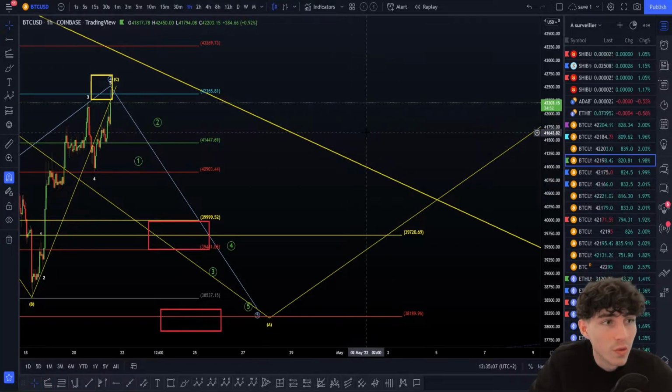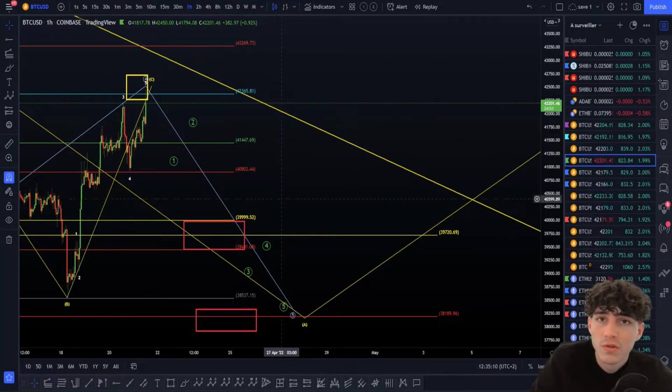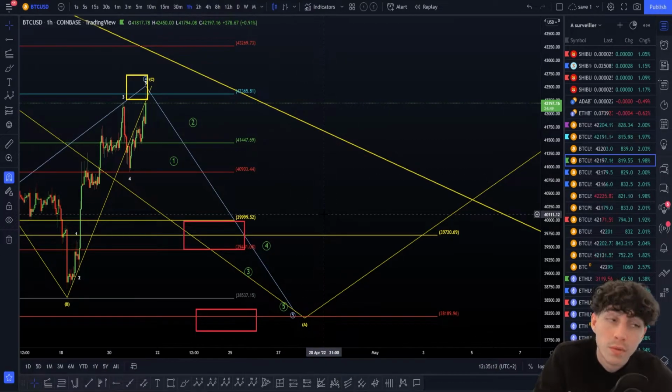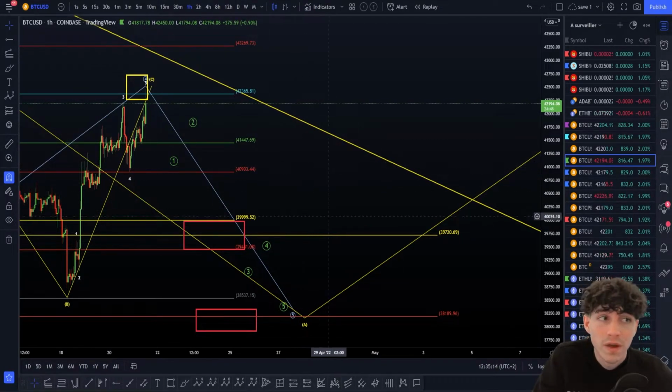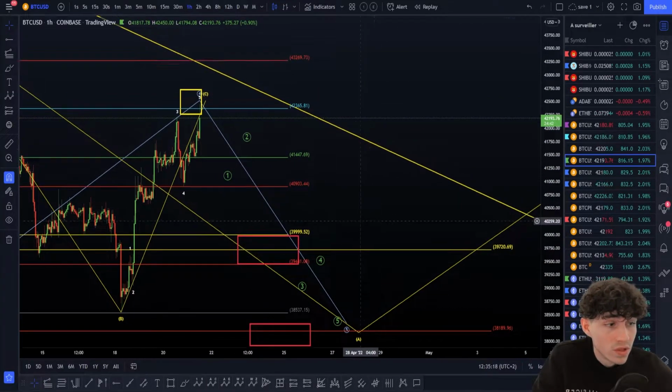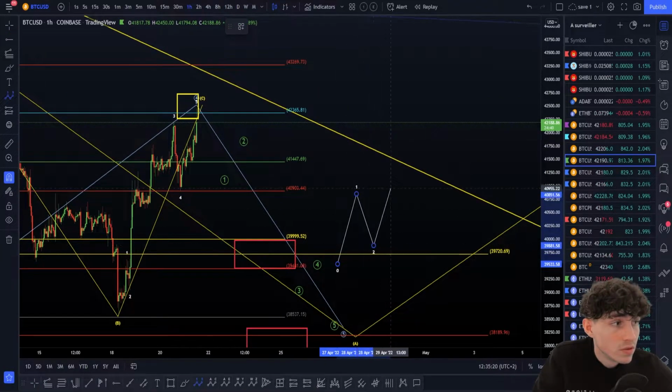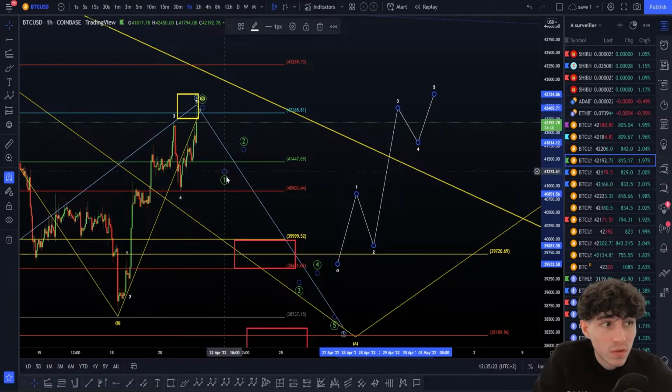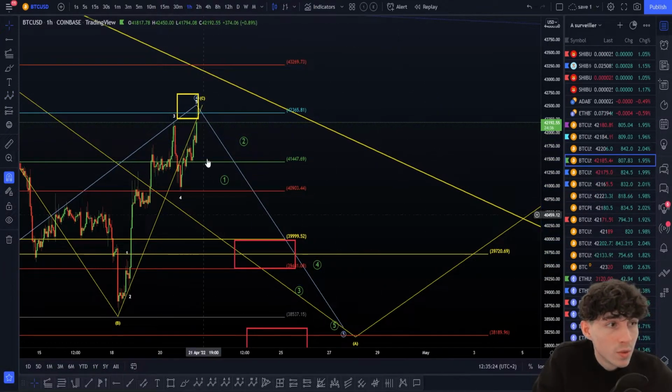Okay, so we have 5 waves in the first wave, triple wave in the wave 2, 5 waves in the wave 3, triple wave in the wave 4, and 5 waves in the wave 5. Okay, we have that in the wave 1. Otherwise, we'll look for 5 waves impulsive, normal 5 waves like 1, 2, 3, 4, 5 inside this wave 1 here to the downside. Okay, so to speak, we'll have to get this.